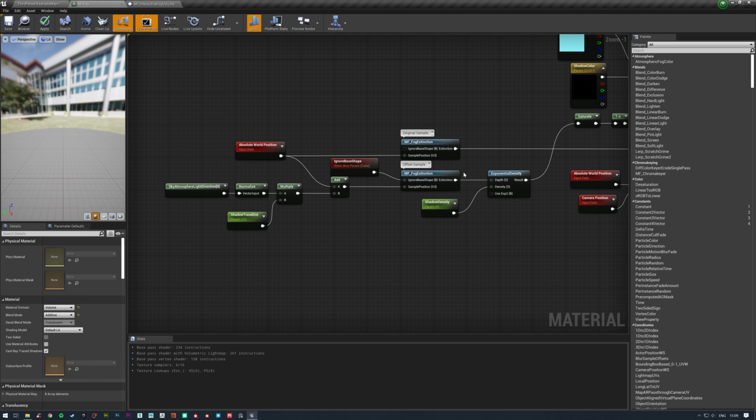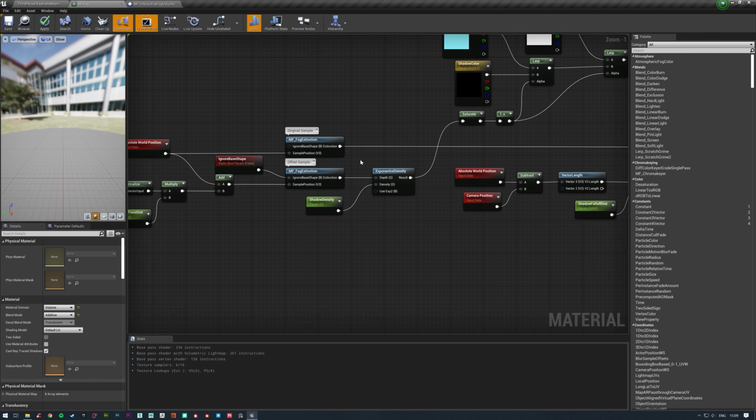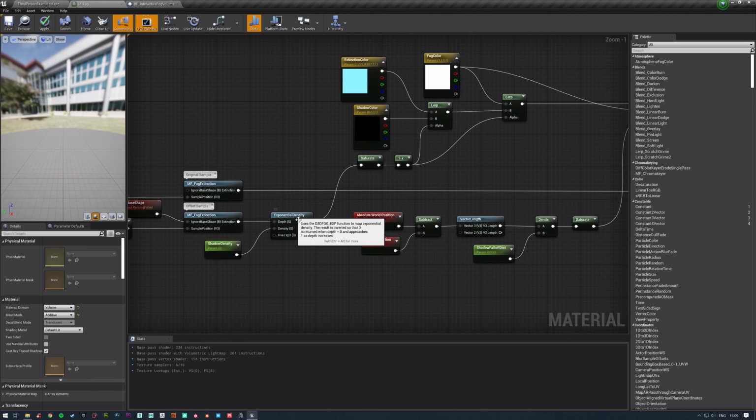and we then just sample our fog extinction function again at that position, which gives us the density of our fog between our current point and our light. And we use this in an exponential density node because shadows themselves are also exponential in nature. So you plug that into your depth, and then our density multiplier will be a shadow density parameter. This result is inverted, it says so in the tooltip. So we saturate this just to make sure that we're between 0 and 1,